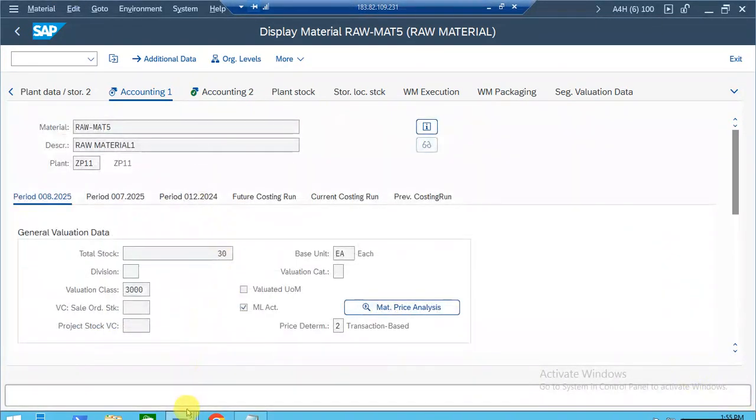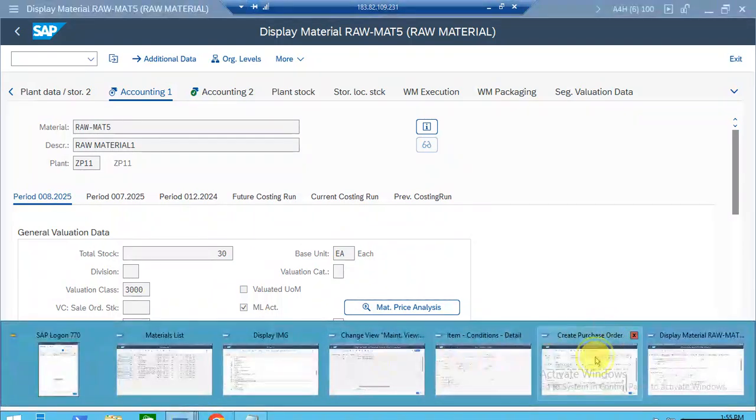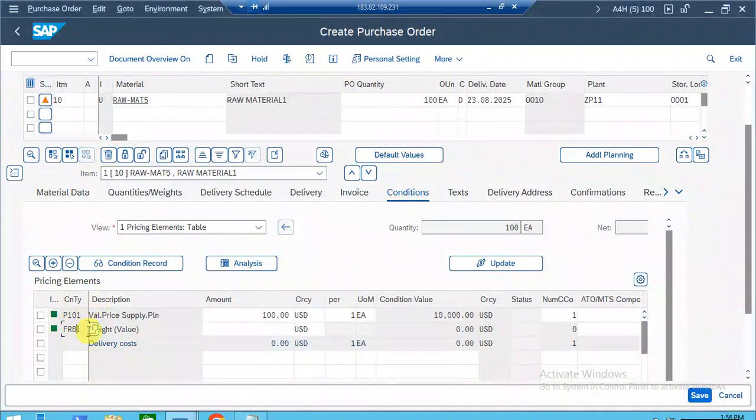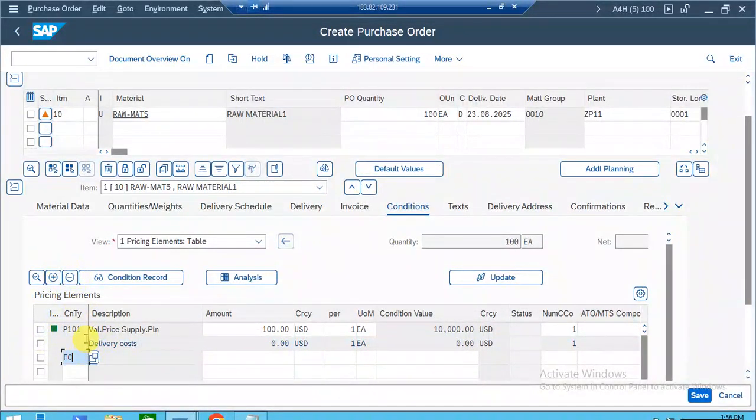So this is about pricing part. If I go back to purchase order creation screen, suppose if you want to enter freight charges, suppose a supplying plant is transferring material through some container, and for that transportation charges, if you want to make payment to the transportation vendor, here you need to enter freight conditions. So let's say, if I select FRB1 freight value, or let me, if I select FRC1,